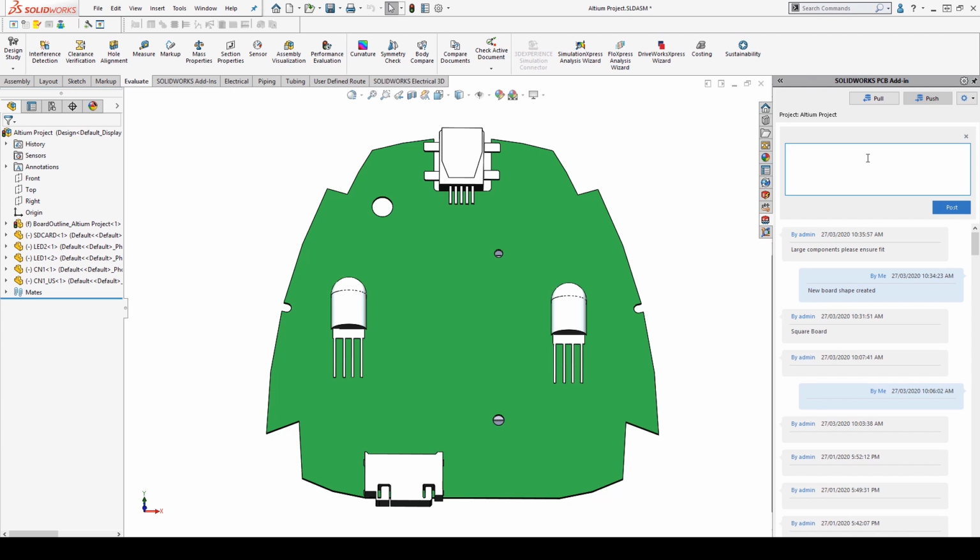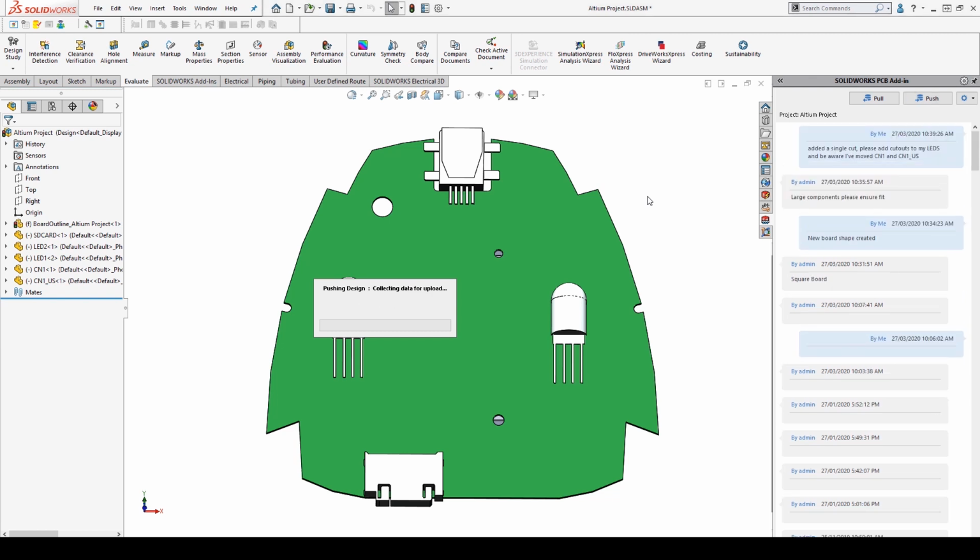Instead, I'm going to let my colleague know that I have added a single cut. Please add cutouts to my LEDs, and be aware I've moved a few components. And of course the designator I know from the tree, so I can reference the exact component that I've moved. But to be honest, any ambiguity is removed with the fact that if I go back to Altium,